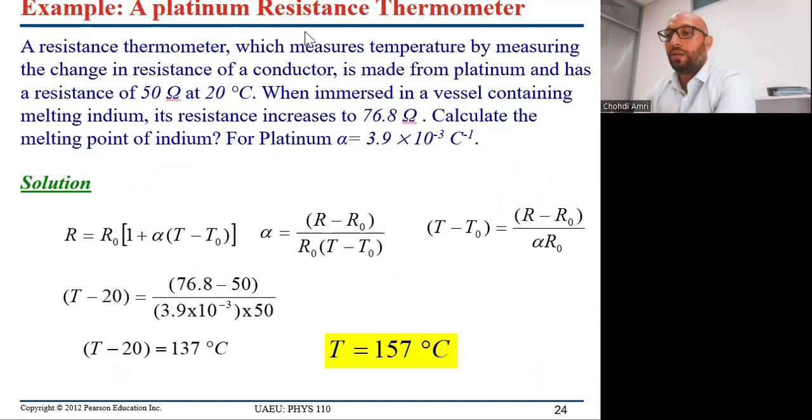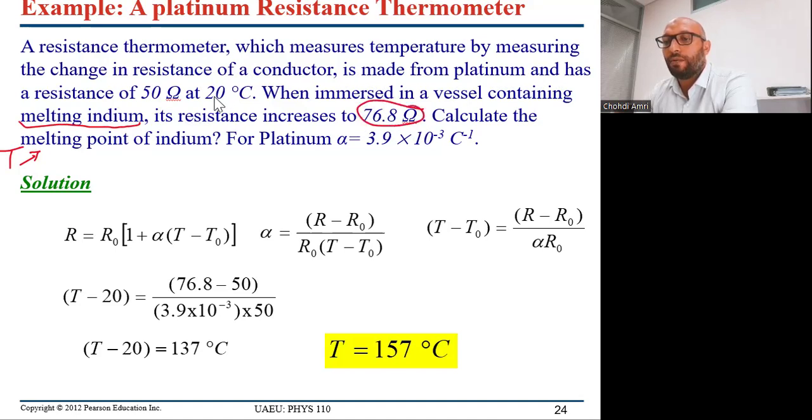Example: a platinum resistance thermometer, a resistance thermometer which measures the temperature by measuring the change in the resistance of the conductor, is made from platinum and has a resistance of 50 ohm at 20 degrees. When immersed in a vessel containing melting indium, that means a high temperature, its resistance increases to